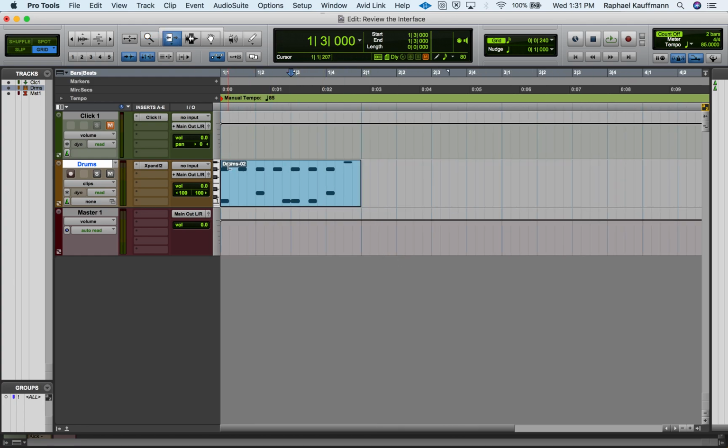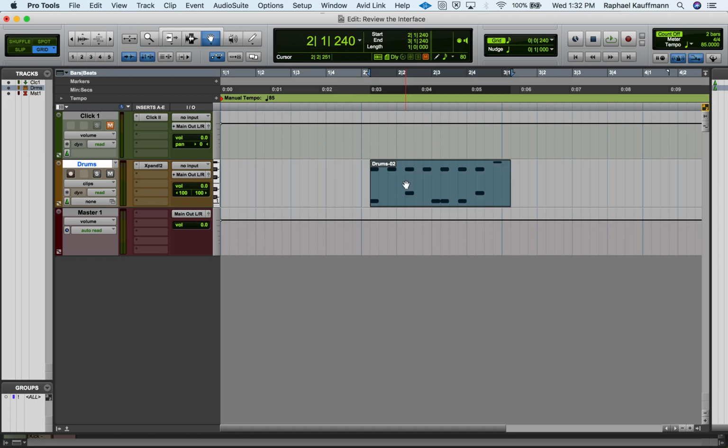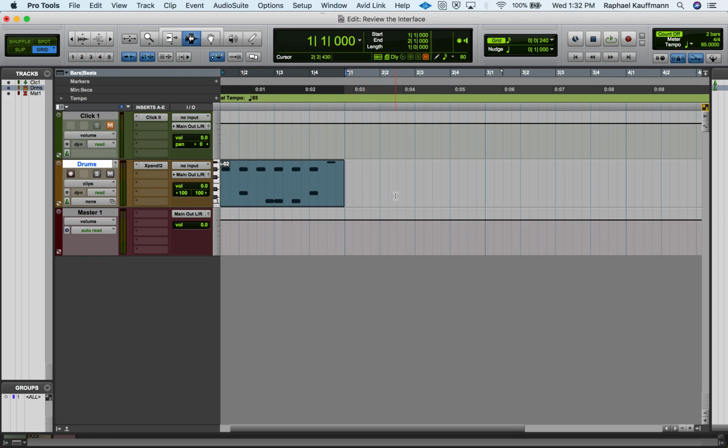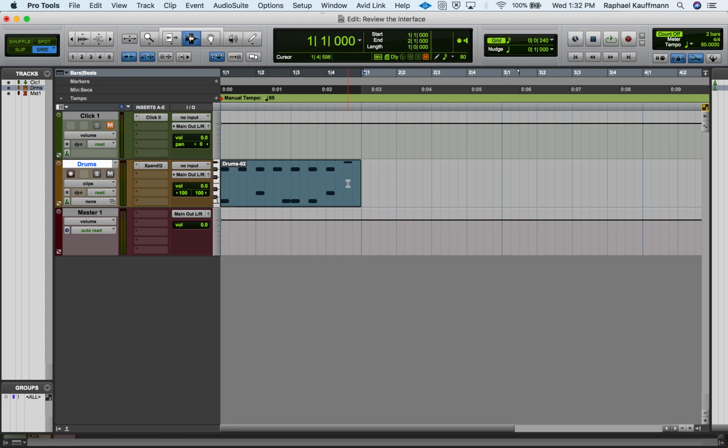Trim tool. Okay, just reminders. This is reminders and kind of very, very important. Trim tool works from one side or the other to kind of edit a clip down. Remember that any region in most DAWs is called a clip in Pro Tools. Used to be called regions in Pro Tools, but it's now a clip. The selector tool allows you to select parts from within a clip if you want to delete it or whatever. The grabber tool allows you to, with one click, highlight an entire clip and click and drag it. You can select a clip with a double click of the selector, but you can't move it anywhere. So it's not that useful. Well, it is, I should say. But